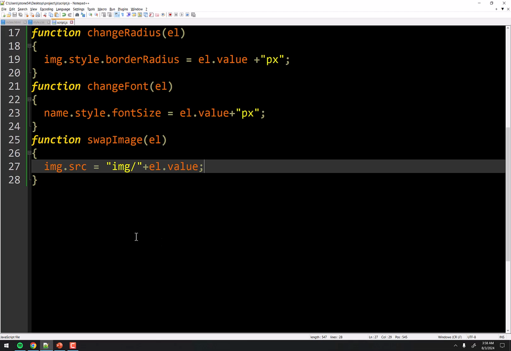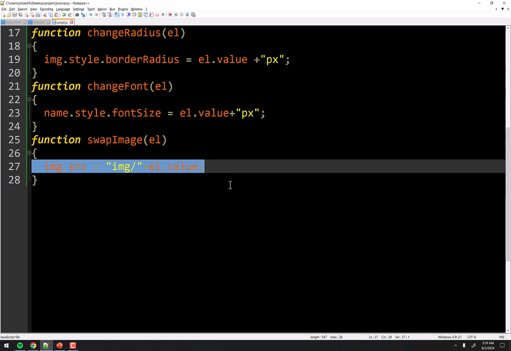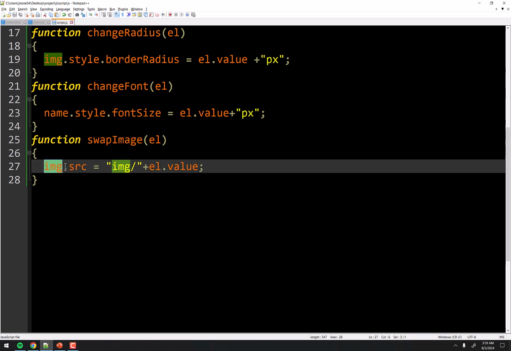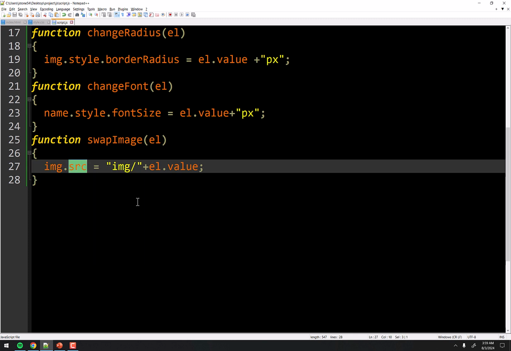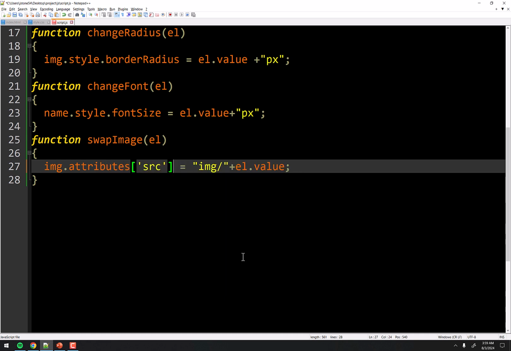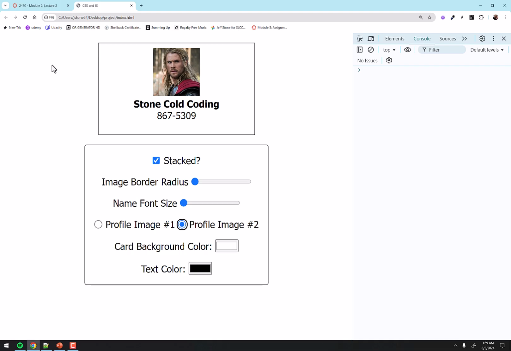Nothing to it, right? This is a case where we're not even using the style here, right? That's why I said we're going to be using other things besides this new style stuff. This case, there's no style property being manipulated. I'm just simply changing an attribute of the image tag, right? Now, you might recall the other way we did this was where we had the attributes array, we did source, and then we set the node value, right? That will also work, and as you see when I refresh, back and forth between the two images, all right? So either one's fine.